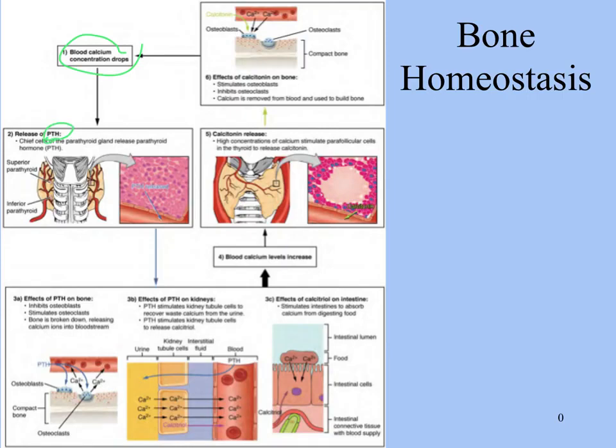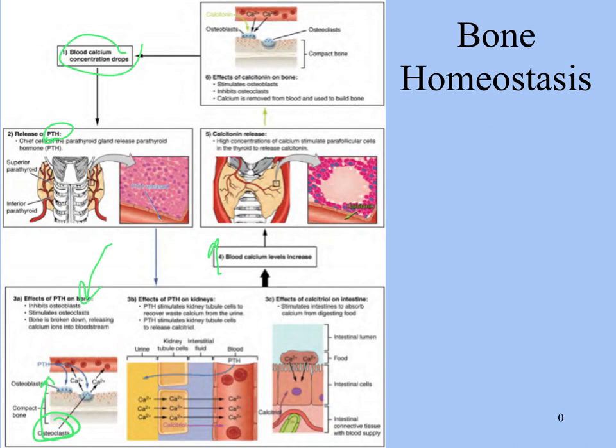Parathyroid hormone will then go to the bones, activate osteoclasts down here. Osteoclasts will resorb bone, break it down, releasing calcium into the bloodstream. That is going to increase your blood calcium levels. And once your blood calcium levels are increased, that'll shut off parathyroid hormone, which will then shut off the activity